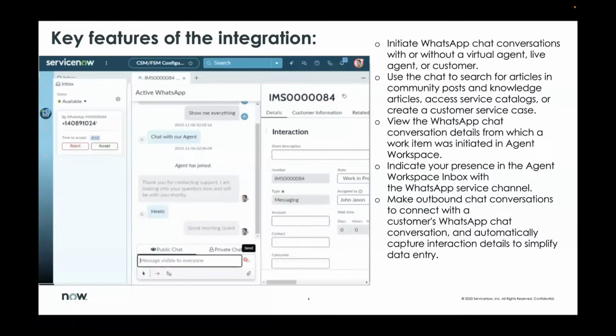It's not mandatory that you need a virtual agent, but if you want some common questions to be asked before it connects to an agent, you can use a virtual agent. But if you don't want that and want to connect directly to an agent, yes, you can connect directly to your live agent. And it also allows you to search the articles, community posts, and knowledge articles within agent chat, and the agent